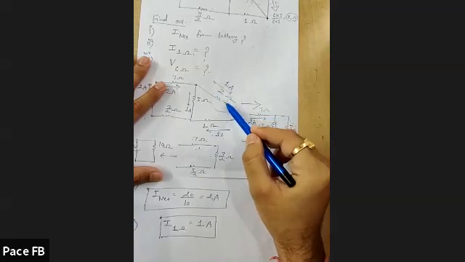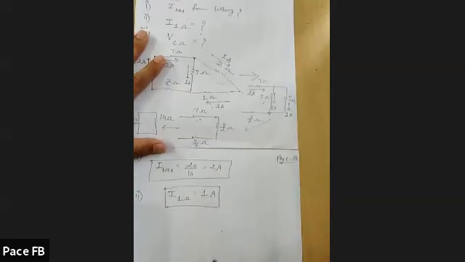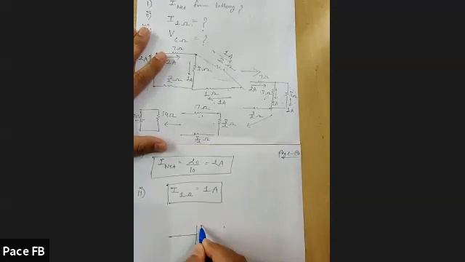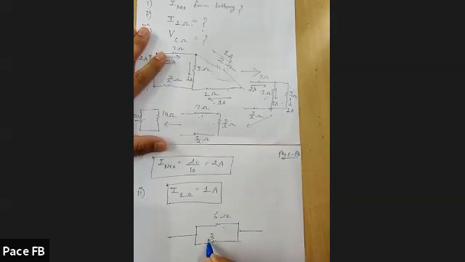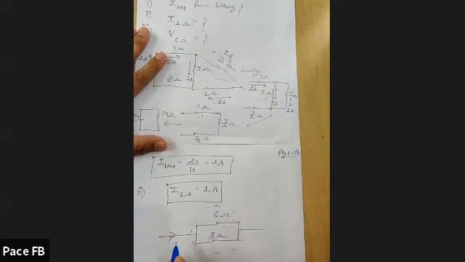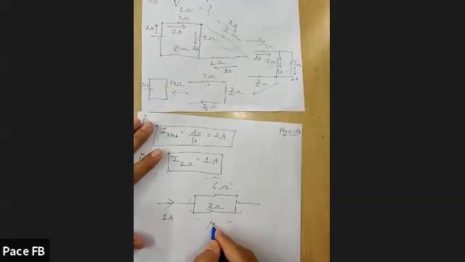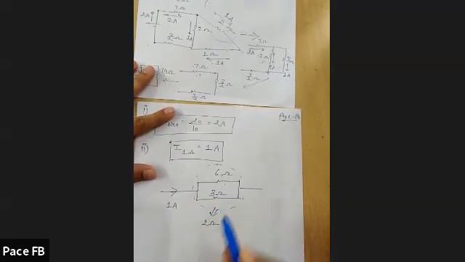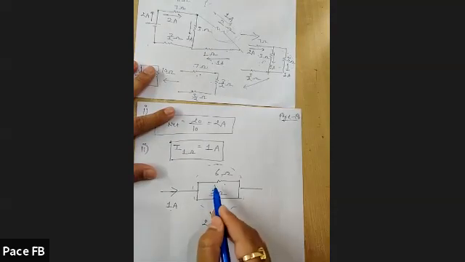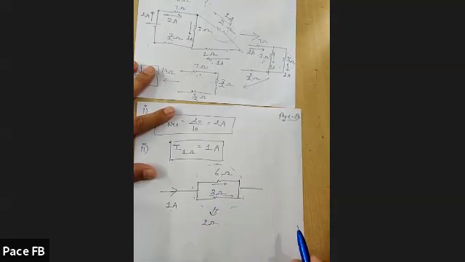And how much current is passing through 2 ohm? 1 ampere is passing through 2 ohm. So can I draw like this? One is 6 ohm, another one is 3 ohm. So this combination was 2 ohm, and 1 ampere is passing through this 2 ohm. Correct? So the equivalent was 2 ohm, and when you split this resistor into two resistors, it was 6 and 3. So now you have to split this 1 ampere in 6 and 3. You can do that easily.